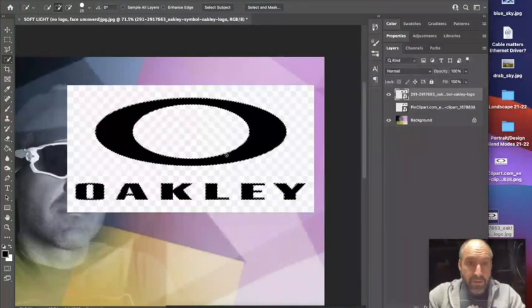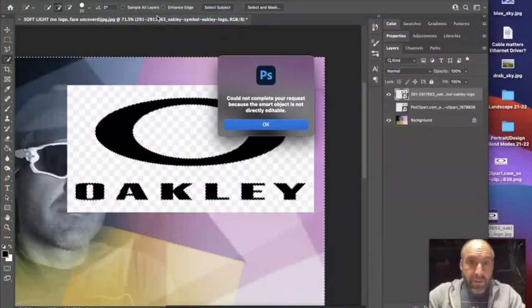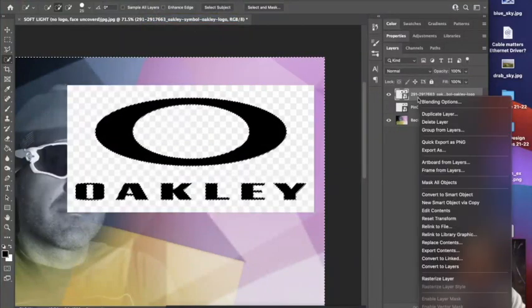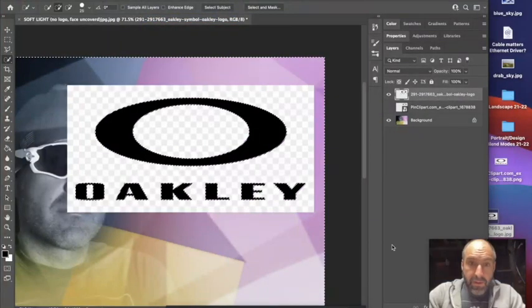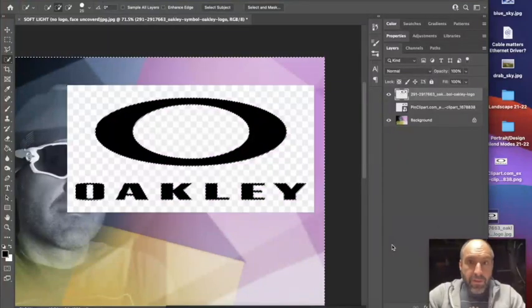The amateur way to do this would be just to inverse the selection and delete it. So I could say inverse, hit the delete key. This I do need to rasterize that layer to do, and go like that. And now I've gotten rid of that kind of checkerboard background. But the more professional way to do this would be to use a